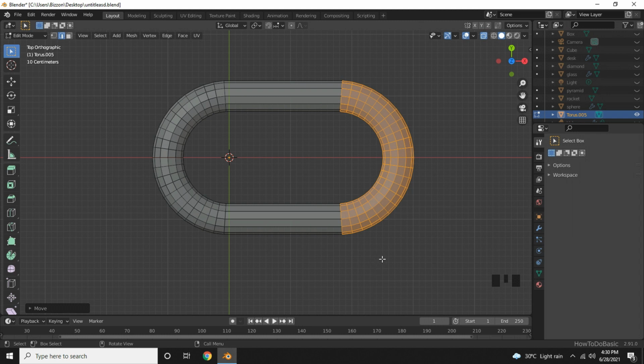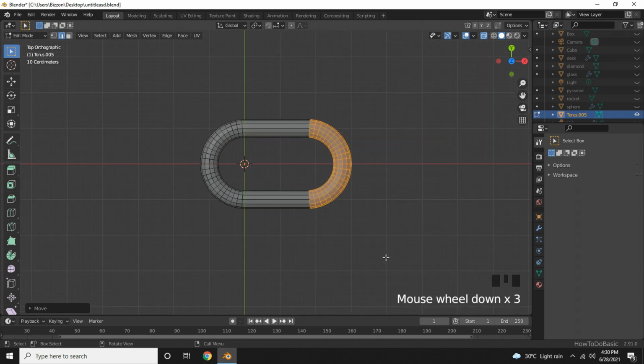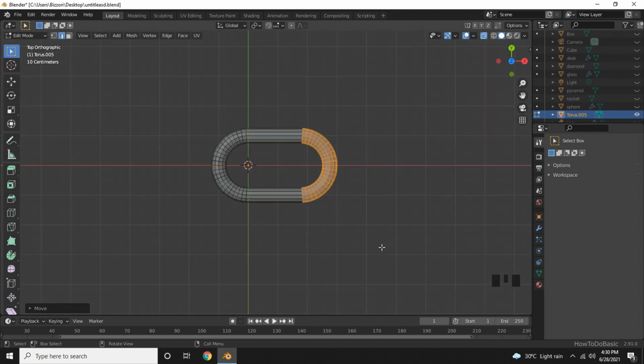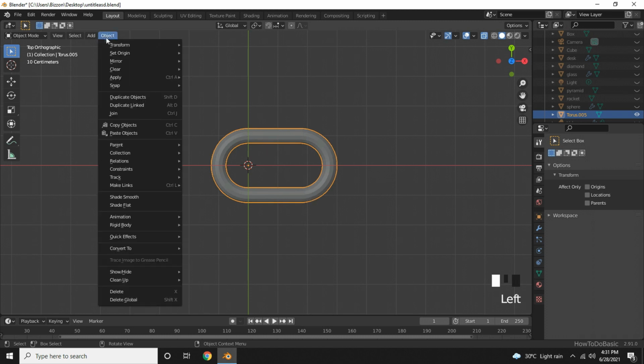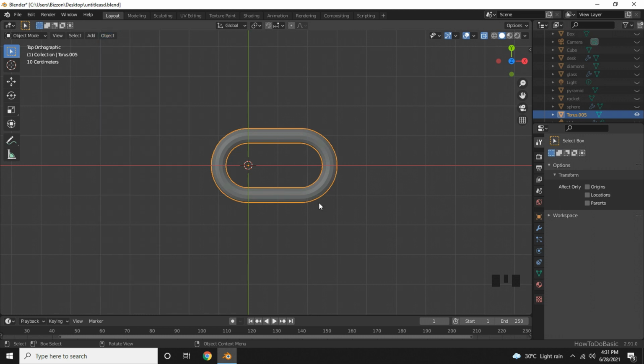Now we need to duplicate the link to create more links. To duplicate, go back to object mode. Click on the object. Go here in the object menu and choose duplicate linked. You can also press Alt D as an alternate. I will just go with Alt D